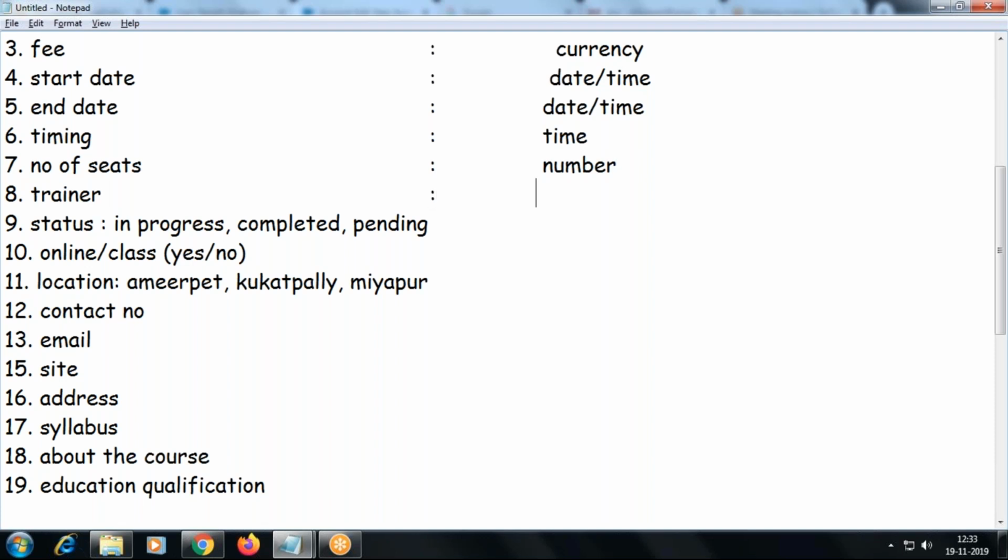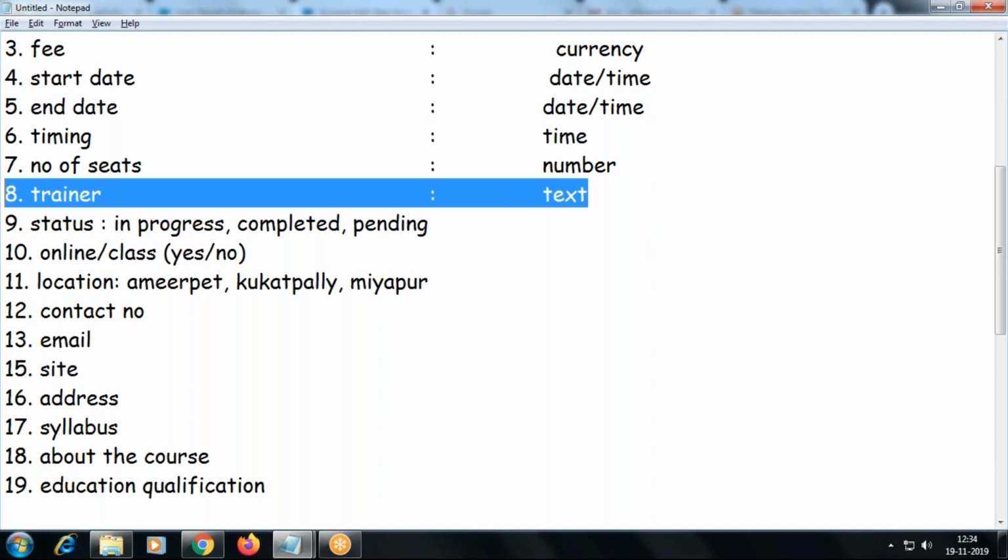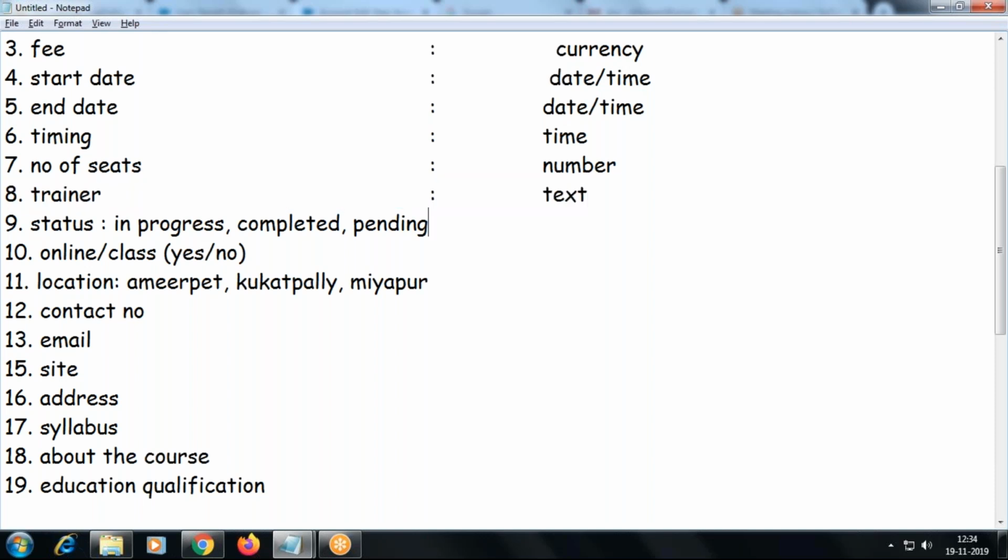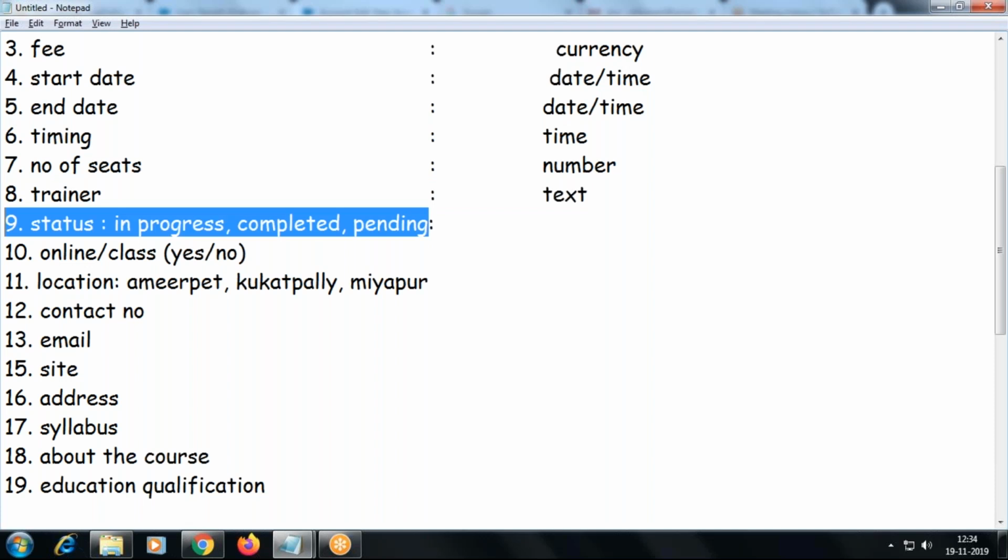You go with text as of now, because there is a way you can create a relationship with the user object. The user object already contains the user data, right? I can choose a record from the user object. That type of relationship field you can create. That can be discussed later as a different topic. So what about this?